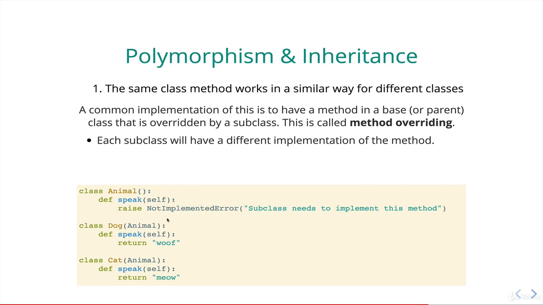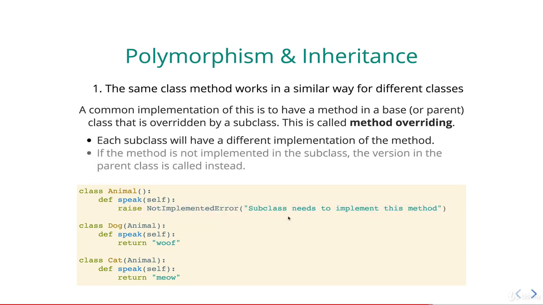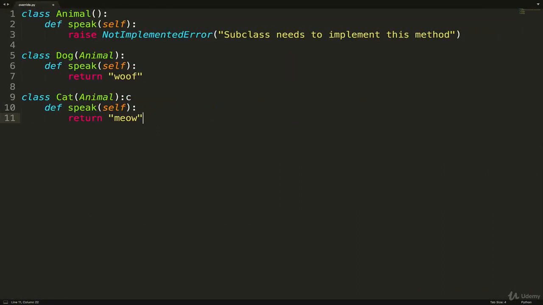This is actually a built-in error that's used for exactly this type of situation, when we want to define a class and basically enforce that whatever the name of the method is, speak, should be implemented on anything that inherits from animal. So if we make an instance of dog, we call speak, it's going to return woof. We make an instance of cat, we call speak, it should return meow. But if we made a new class that inherited from animal and didn't define speak, we would get an error. So I have this example here.